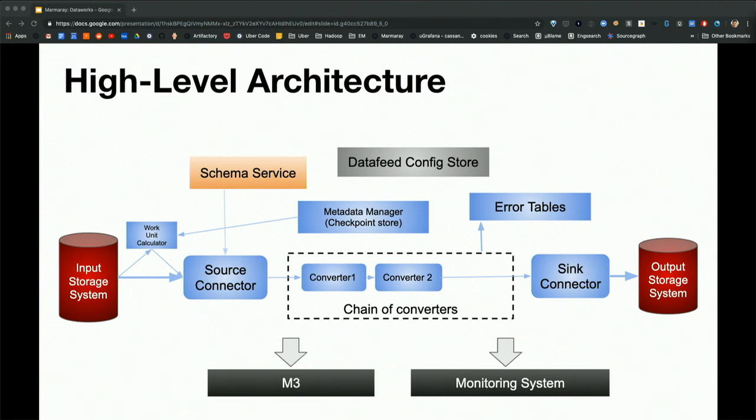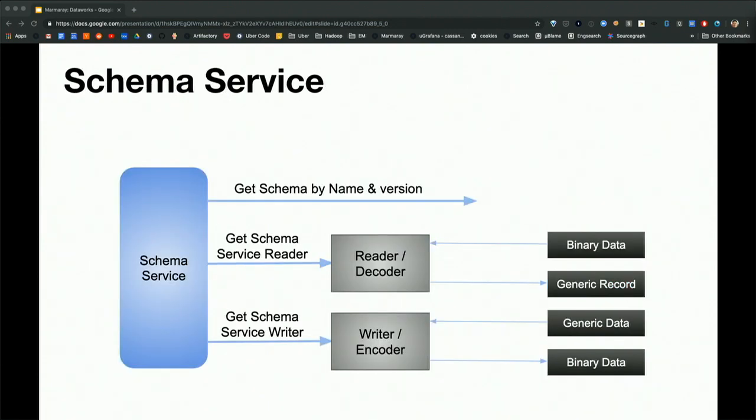The first one is the schema service. It can support multiple encoding types. We'll talk about the Avro use case. It gives us the Avro schema for each table or each Kafka topic, et cetera, as well as the encoder and the decoder for that binary data. Again, this is generic.